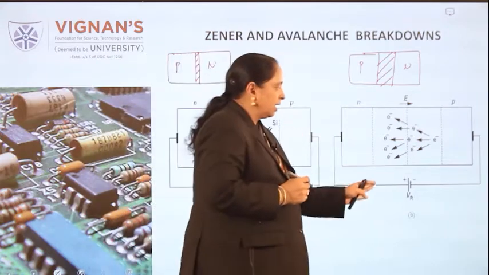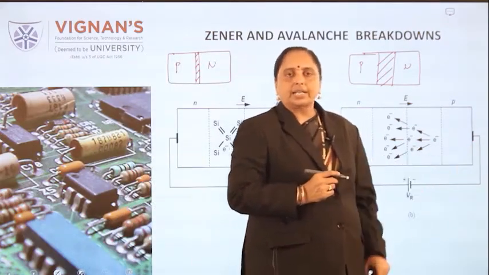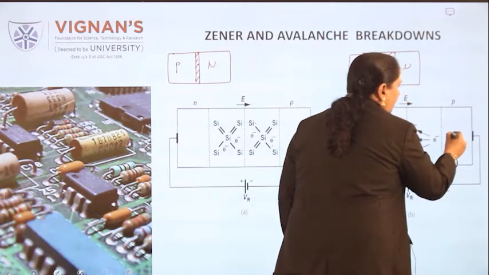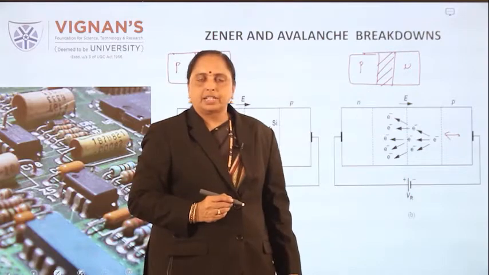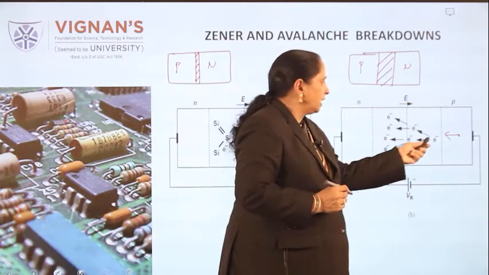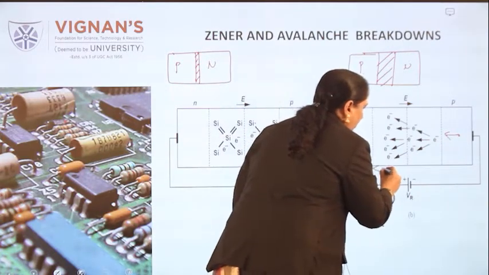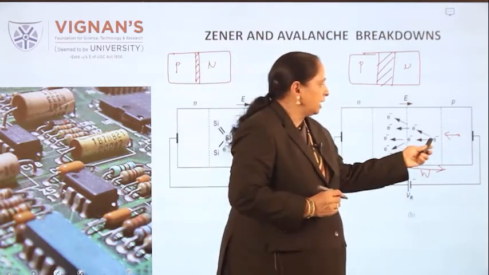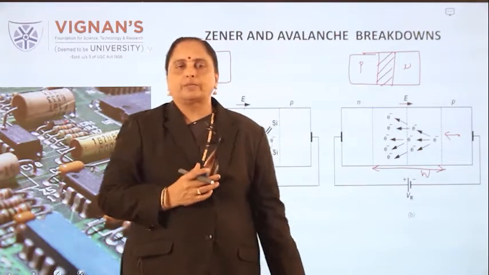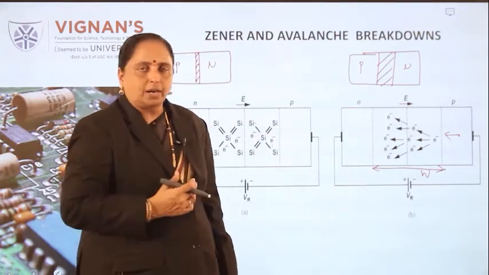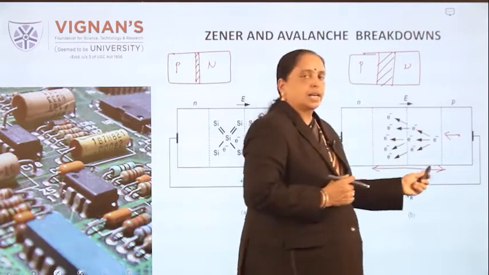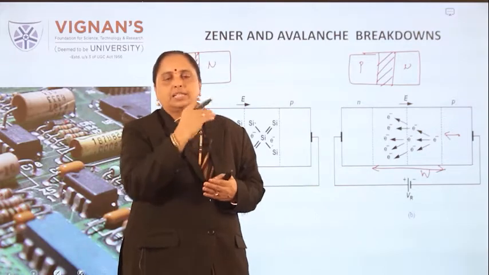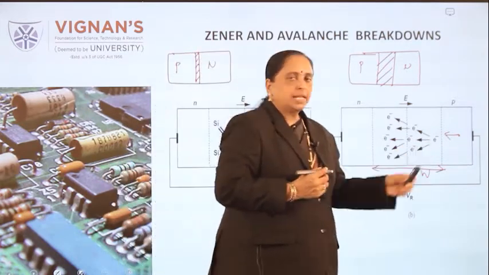So what is happening here? Here also, the minority carriers are present in the layer. For example, in P material, electrons are minority carriers in the P region. This electron will enter into this depletion width. So this is totally depletion width. The minority carrier enters here and it will hit the covalent bonds of the atoms, germanium or silicon. They will be releasing electrons from their bonds. The atom will be hit by this minority carrier because the minority carrier is traveling with a high kinetic energy.